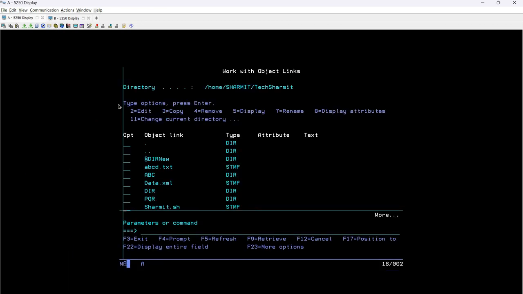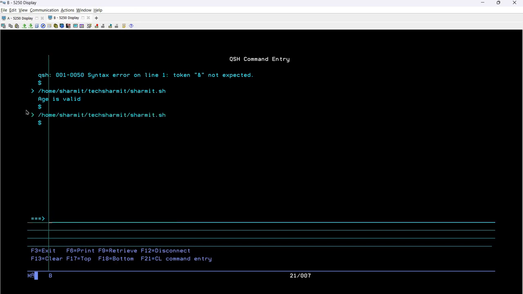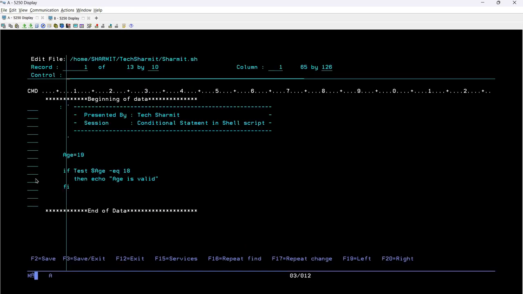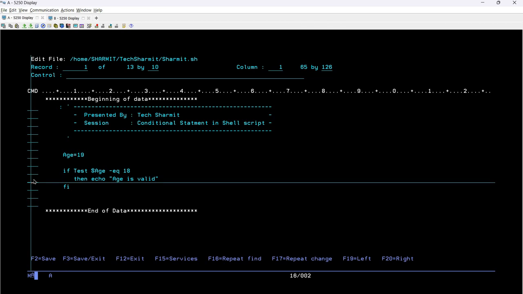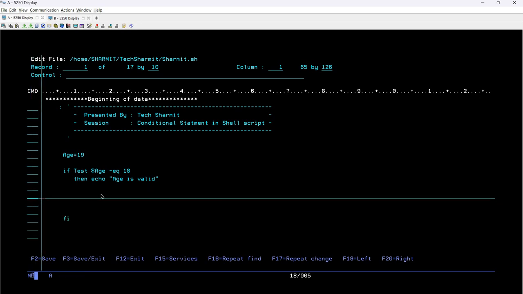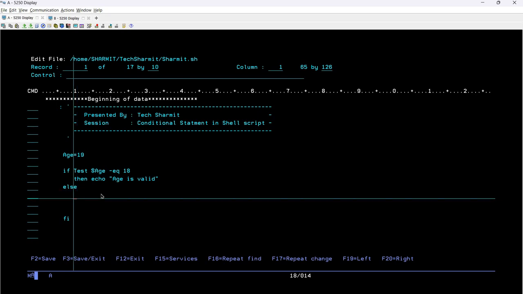So if I try to print this screen, you can see after running this script it is not returning anything. Why? Because we have not written any logic for that. So to write logic for the else condition, we will simply use an else block. So let me include some extra lines here. So here we can put else, and below this we will write echo